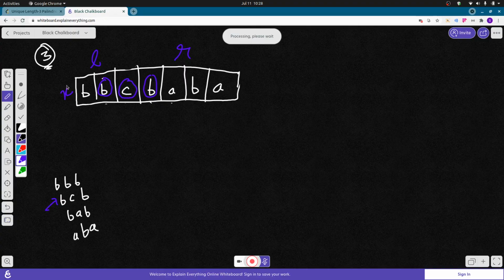You can find an X on the left, but you will never be able to find an X on the right side. So there won't be any palindrome possible. So this is going to be the approach.